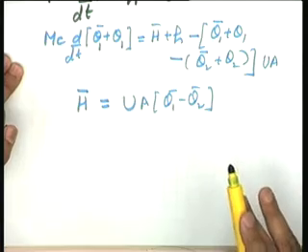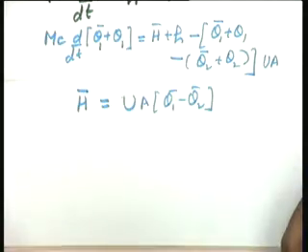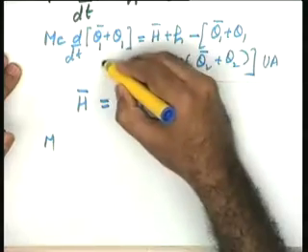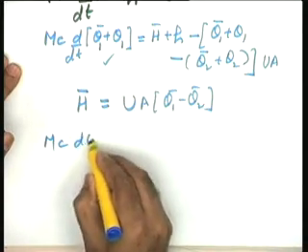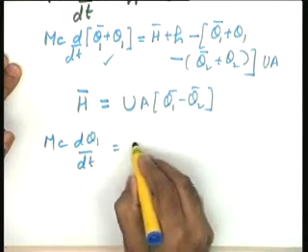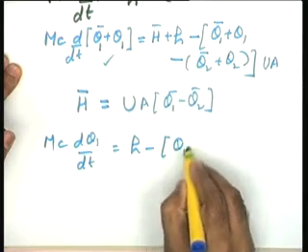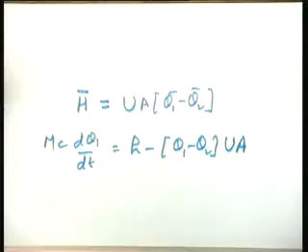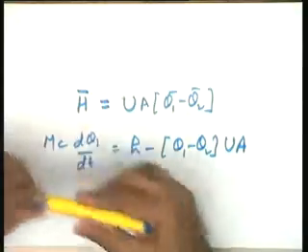Now coming to the perturbation model, I am using the steady state balance and the perturbation model separately. From this equation I write mc d theta 1 by dt equal to h minus theta 1 minus theta 2 into UA. This becomes my equation, and if you understand this situation please, now onwards I may not write the steady state balance again and again, assuming that with respect to steady state the energy conditions will be satisfied.